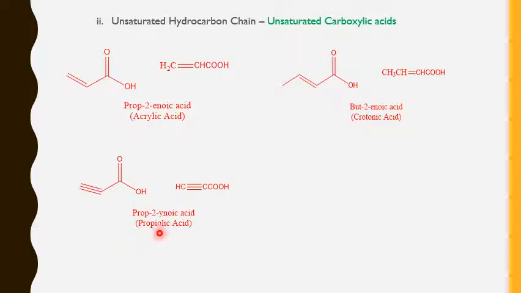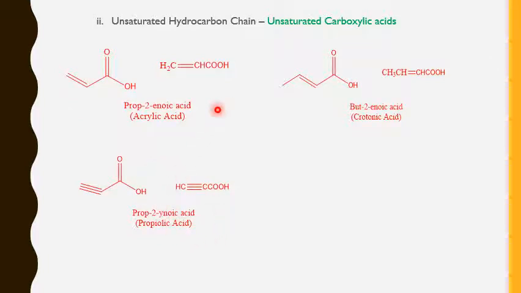Then the next type of example: here you can see a sigma bond is associated with 2 pi bonds. So I can say it is a triple bond now. Triple bond maybe, but it has unsaturation. Therefore it comes under unsaturated carboxylic acid. So if the R group contains a triple bond or double bond, it is an example of this.